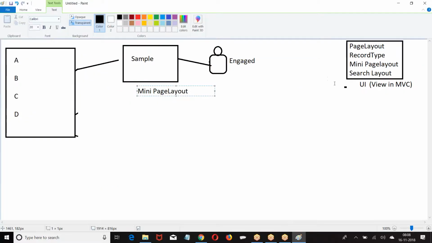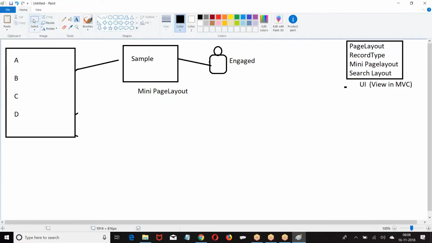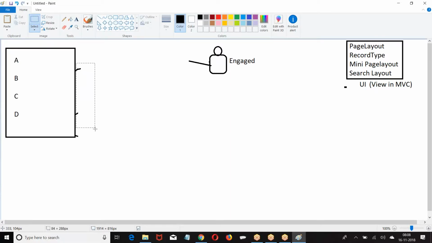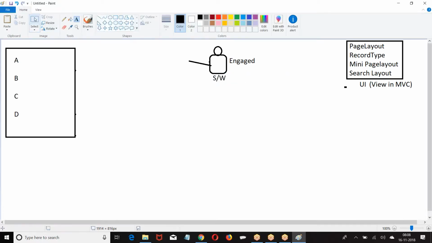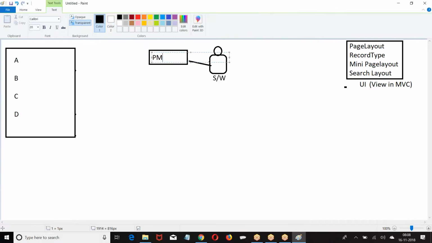What was the next concept we have? Search layout. Now, search layout is, now this guy is a software employee. Then what was that? You are going to have behaving the same way in every context. Same employee, same company. But what is that? In front of the project manager, maximum obedience.